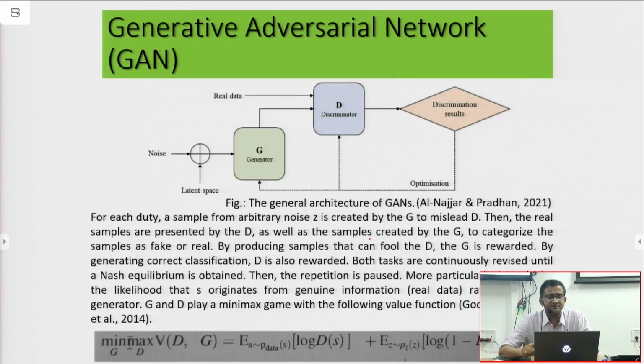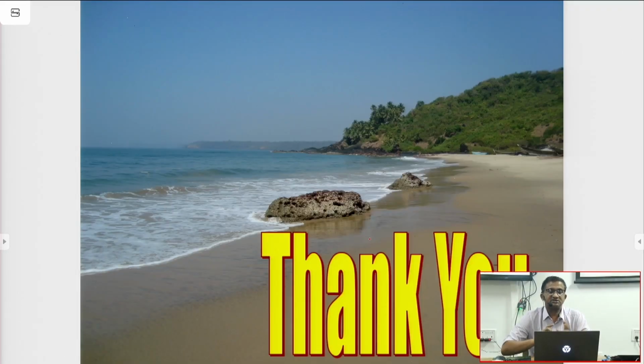So many varieties of GAN have come. There is CycleGAN, there is MuGAN, different types of architectures have come, and they have been used in different types of problems. So that is all about this exposure of your